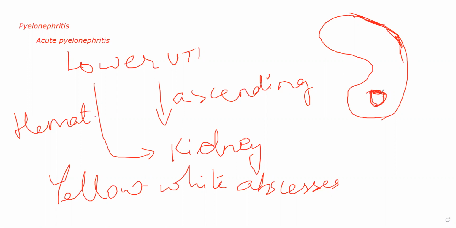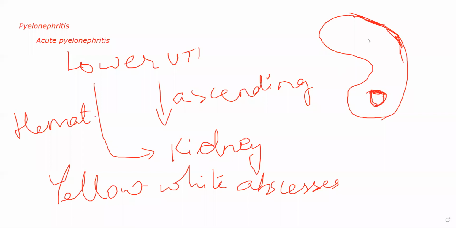Microscopically, if you see closely, you will see a lot of inflammation occurring, extensive inflammation especially involving the interstitium, and there will be destruction of the tubules. The tubules of your nephrons will be destroyed, and interstitial damage will occur, interstitial inflammation will occur. Those are all the changes and effects that you see in acute pyelonephritis.